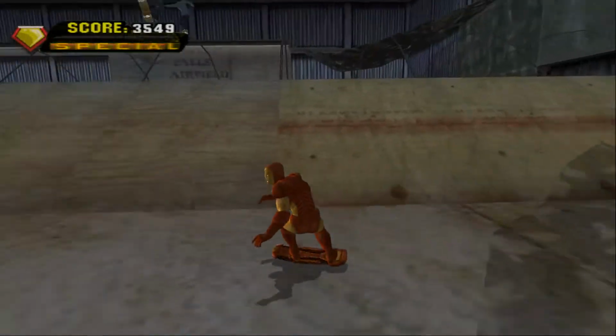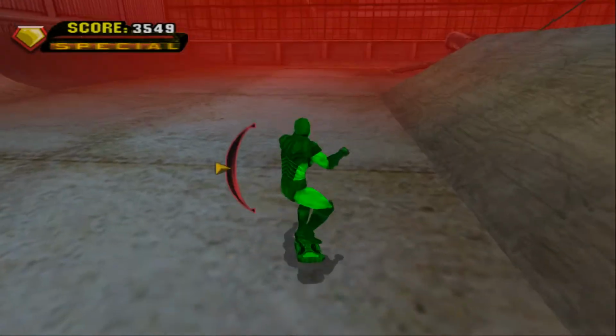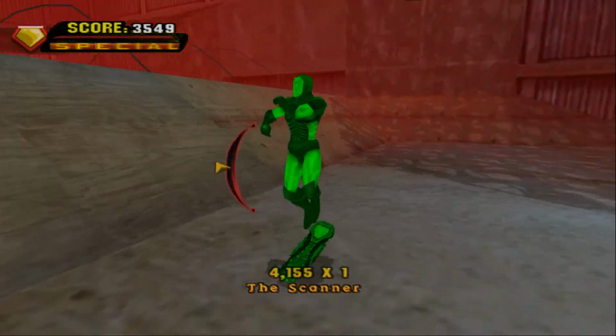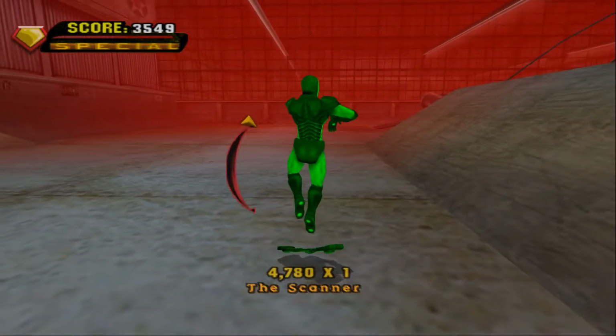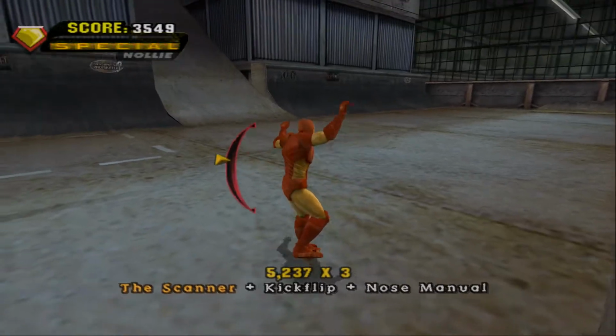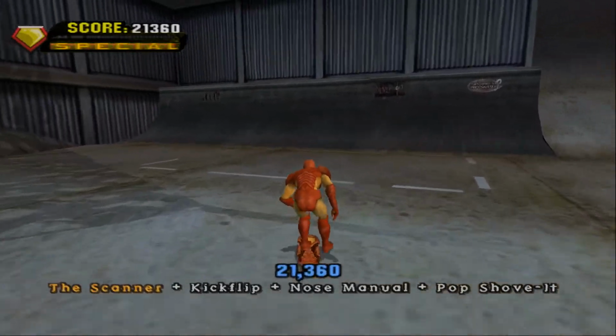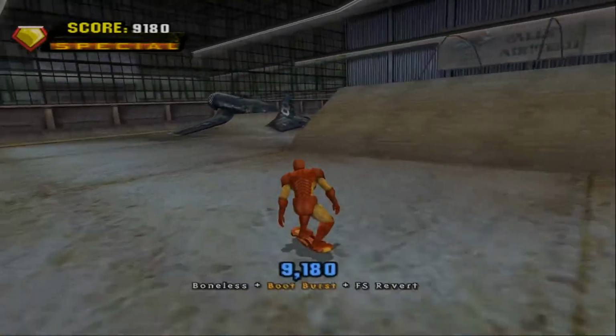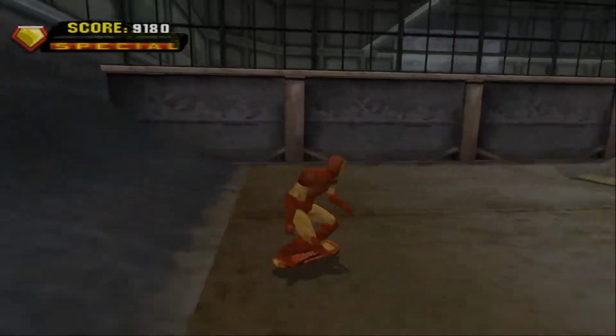We got some special moves to show off. This is the scanner manual. It makes everything look real pretty. I wish I could play the game like this all the time, don't you? We have a grab, the boot burst, and then we have a grind,